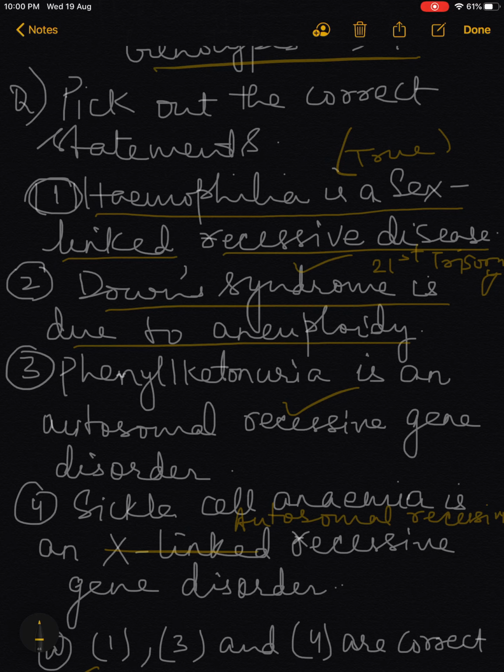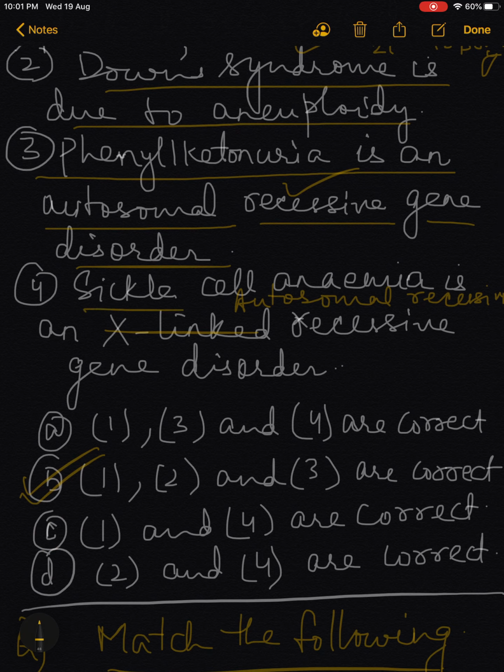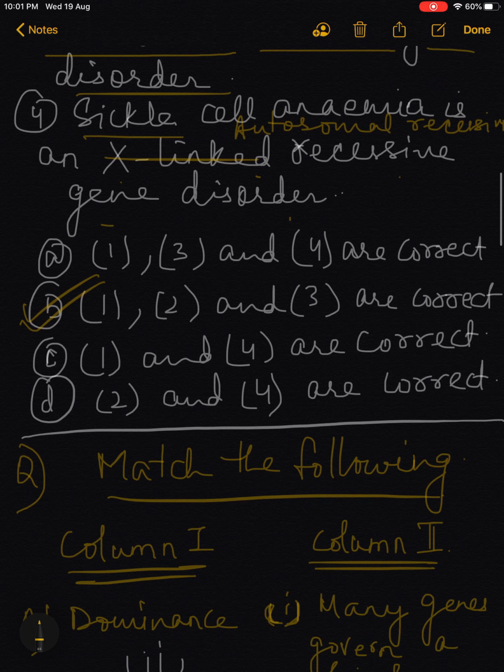Third statement is, phenylketonuria is an autosomal recessive gene disorder. And the fourth statement is, sickle cell anemia is an X-linked recessive gene disorder. So you have to find out the correct option.